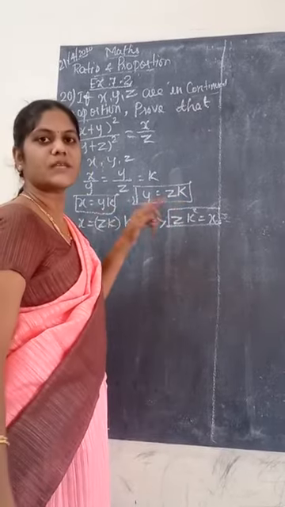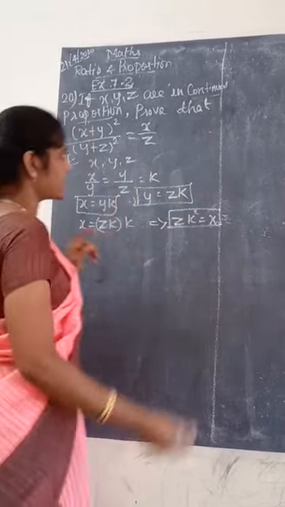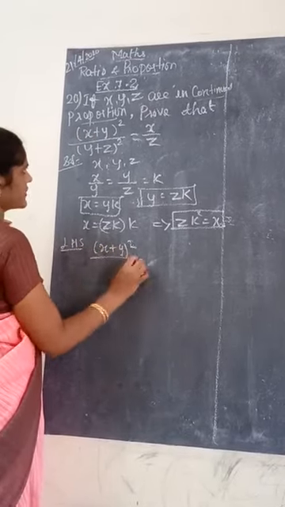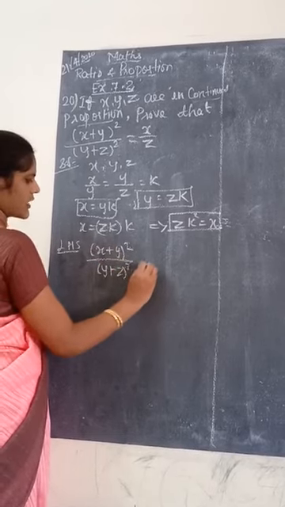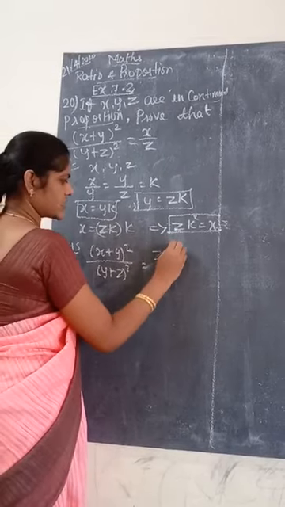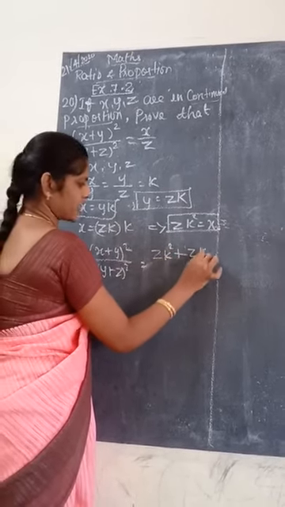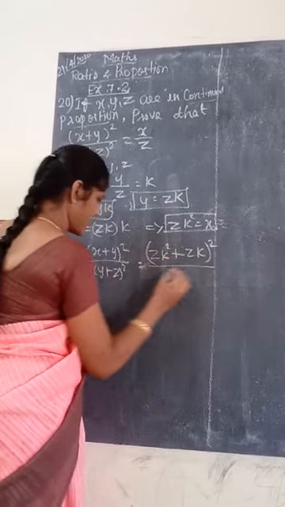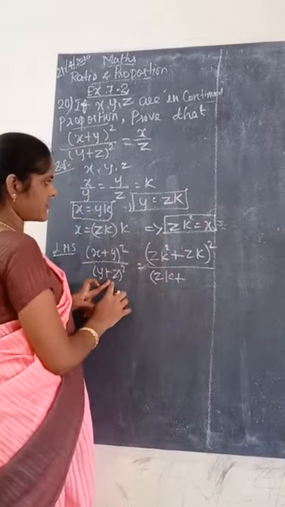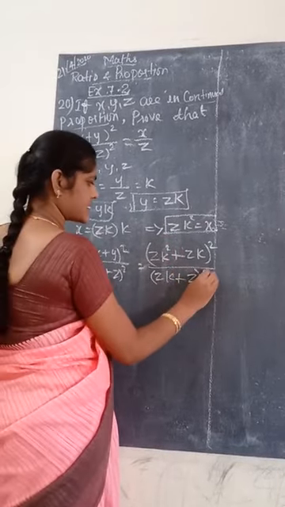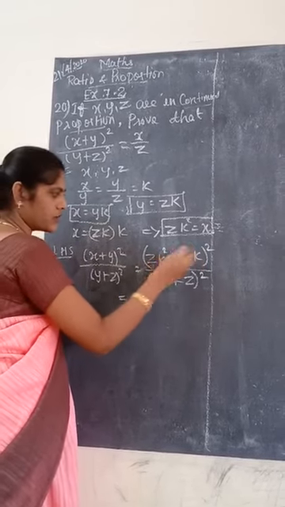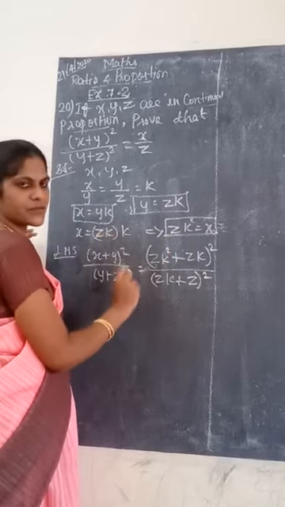Now we are going to substitute these two in the left hand side and right hand side. What is the left hand side? (x plus y) whole square divided by (y plus z) whole square. What is x value? Instead of x, apply z k square, plus what is y value? z k, the whole square, divided by, here what is y value? z k plus what is z value? We don't have z, so keep it z as it is, the whole square. Next, listen. Here z k is square common for all the terms. No need to expand the term, just do the simple multiplication.